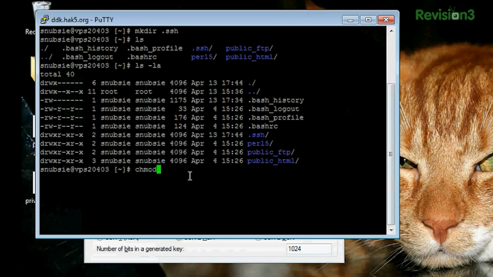The first character represents what type of file it is, and this one's a D for directory. If it's a dash, then it's just a normal file. There are also a couple others, like a symbolic link or a few other weird ones. The next 9 characters specify the read (R), write (W), and execute (X) permissions for the owner, the group, and the world. So 3, 3, and 3.